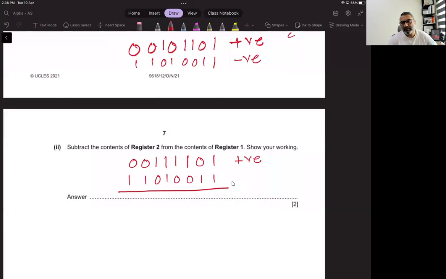Sir, can we add them, like take their denary and add? I told you that we cannot do that. We have to show answers as well as carries. So let's add it. This will be 1 plus 1, 2, 1 plus 1, 2, 1 plus 1, 2, 1 plus 1, 2, 1 plus 1 plus 1, 3, 1 plus 1, 2, 1 plus 1, 2, 1 plus 1, 2, and